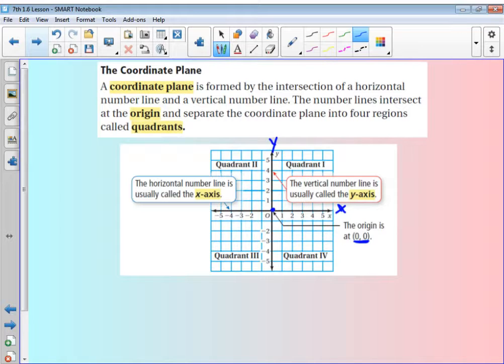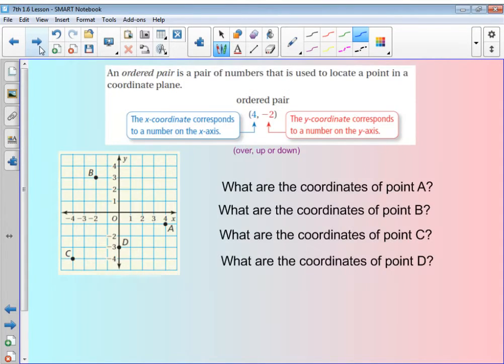Also, in your set of coordinates, the first number stated is your x, and the second number stated is your y. And we'll practice that on a couple as we're plotting points. Okay, so in order